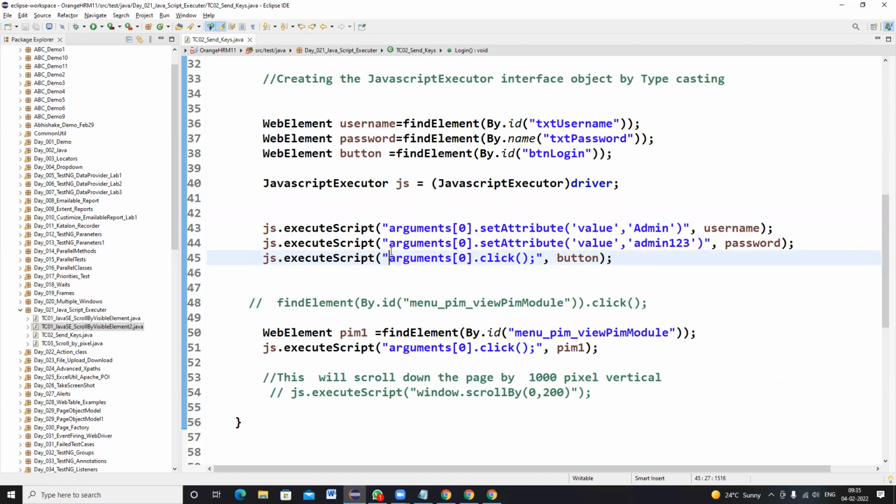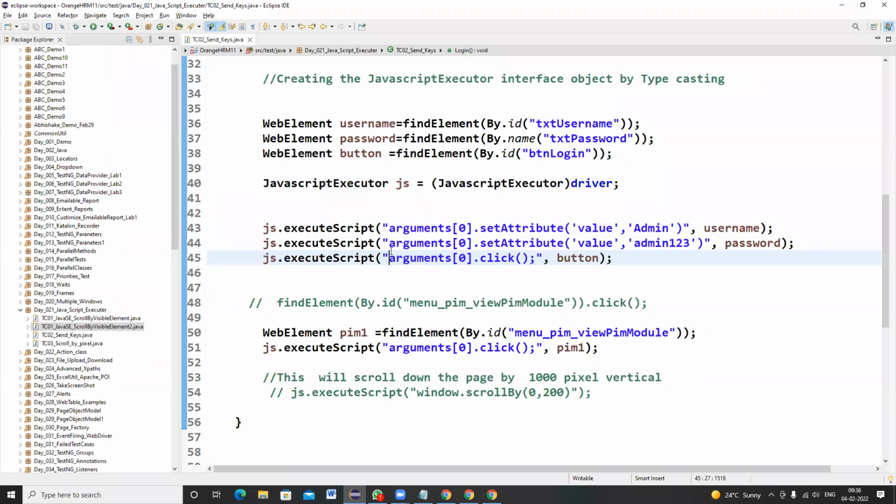Now there is something called sendKeys. Whenever you have a particular web element and you want to enter some value, we will use the sendKeys operator, right? This we all know. How do we write it? driver.findElement(By.id(...)) and we specify the ID, then .sendKeys(...) and you enter the value, right?